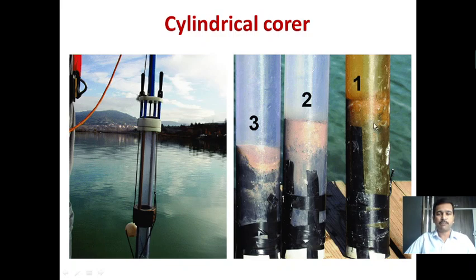Here you can see the sample of sediment has been collected. Cylindrical corers may have one component or two components or three components with respect to compartments. So you can use these cylindrical corers having only one cylinder, two cylinders or three cylinders, whatever it is. Usually we will be using corers with one cylinder, and this will be released into the sediment layer in order to collect the sediments.